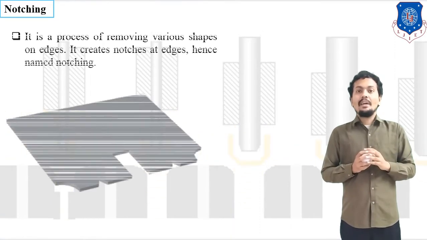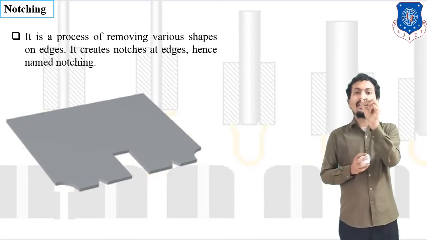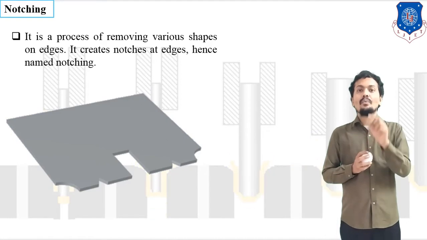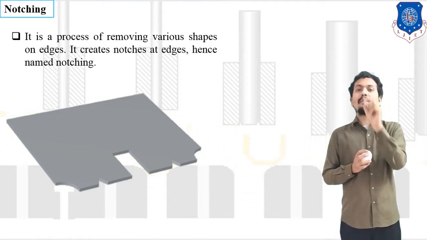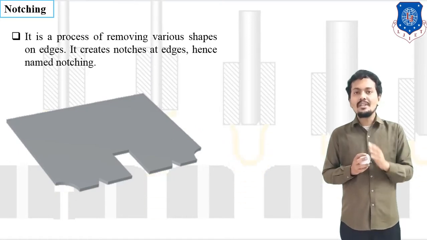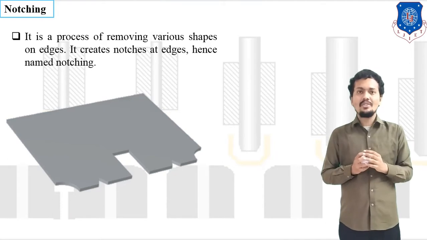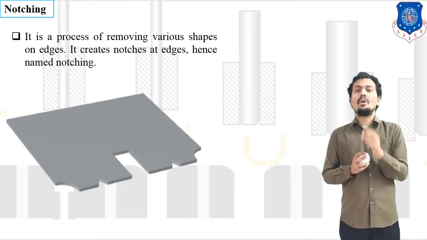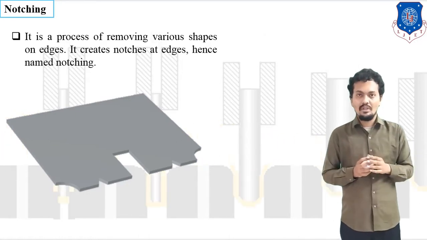After that, here I mentioned the notching. As per the name, here our purpose is to make a notch at the edge of our sheet metal. So we can make a V notch, a rectangular notch or a semicircular notch. A notch is nothing but a cut part at a particular edge, right? So here I mentioned the notch component. It means it has a notch at the edge, right?